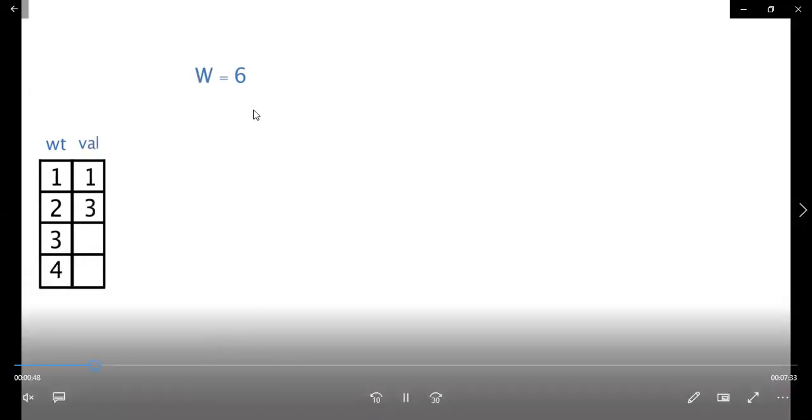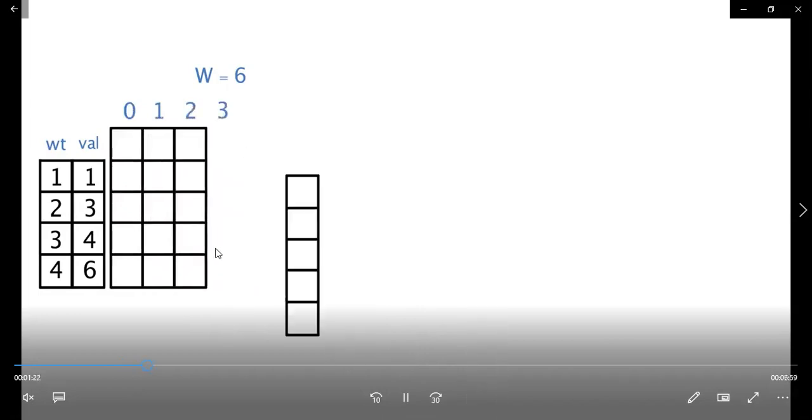So here you are given with an example which says that your W is equal to 6 and you have the respective weight and value for all the 4 items. The weights are taken as 1, 2, 3, 4, and you also have the values for each one. The values are taken as 1, 3, 4, 6. Okay, so when you go for the knapsack problem, you will be using the table. We have seen already the formula. By using the formula, you can find out how to do it.